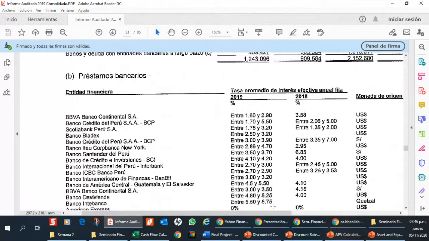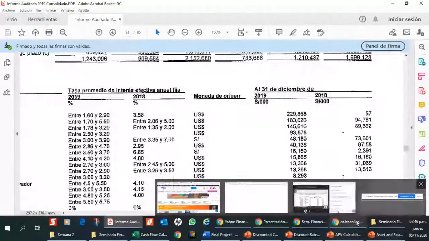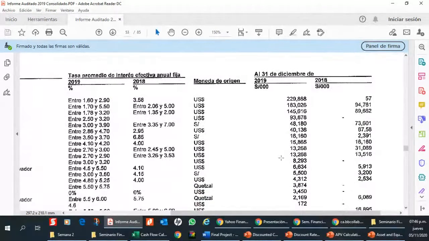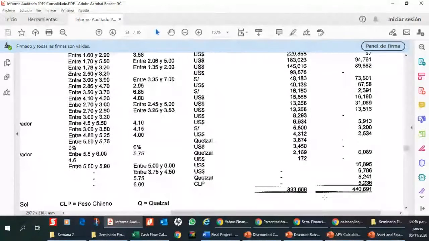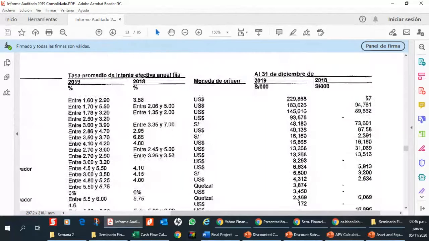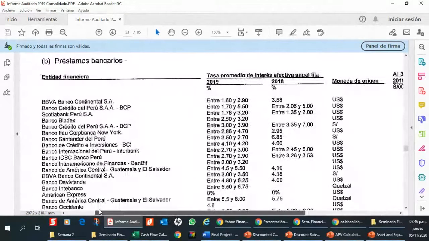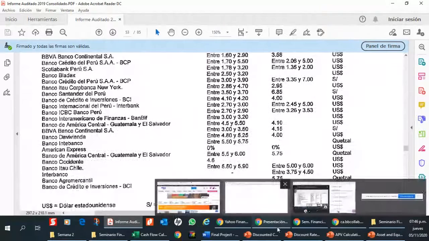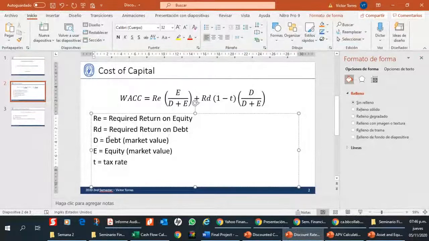You're just going to realize, okay, this is the amount that we owe to the bank, and we're going to assume this book value of the loans is a good estimate of the market value. So once again, when we talk about the debt market value, it is highly likely that we're going to end up using the book value